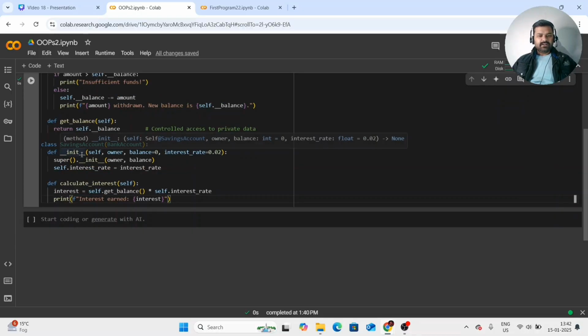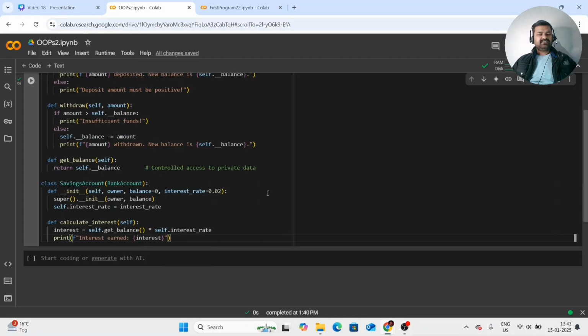The SavingsAccount class inherits from the BankAccount class. It reuses the functionality of the parent class and extends it with the interest rate attribute and calculate interest method. If we were to define a method that works with both BankAccount and SavingsAccount objects, it would demonstrate polymorphism.